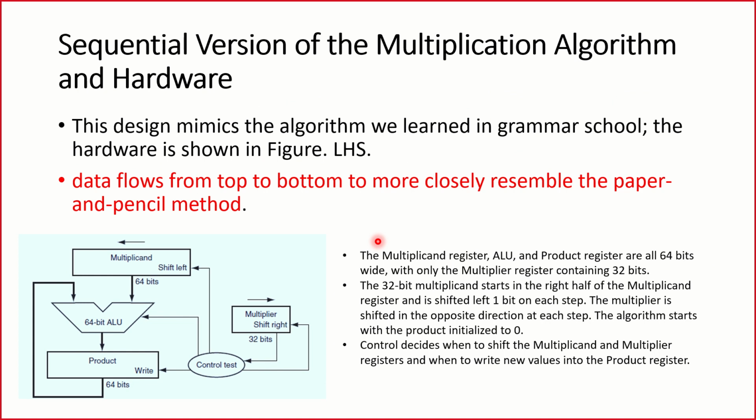Now remember, whatever is in front of you are all important components, but we need to focus on three things: the multiplicand register, the ALU, and the product register. We have these three as the most focused components: the multiplicand, the 64-bit ALU, and the product. Don't worry about what the 32 is, what the 64 is, or how it came. All these things will be done later. I'll explain step by step.